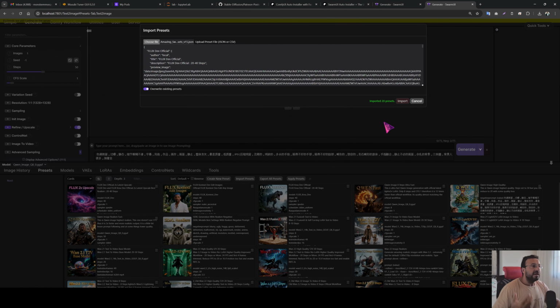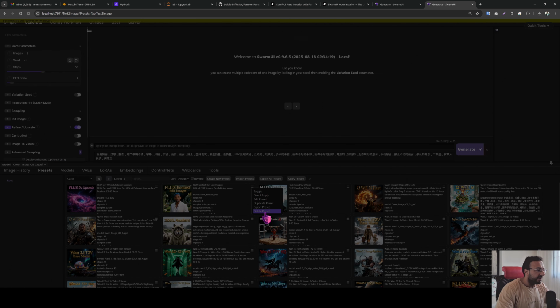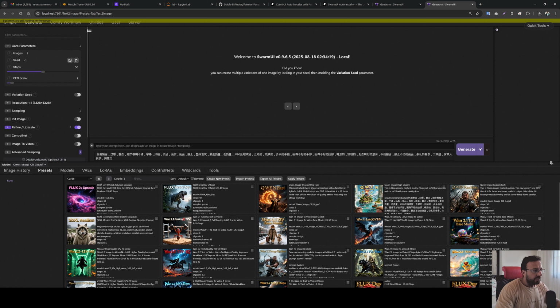But if you have leftovers that we have changed names or some other stuff, they will be staying here. But this is the way of keeping your existing presets. If you want a clean import, you need to delete every one of them like this and then import. I recommended the author of SwarmUI to add a must delete option, but it is not available yet, so I have